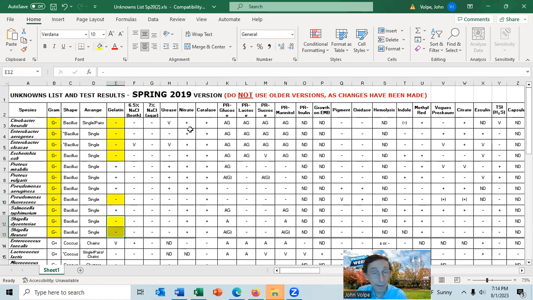And then if it's AG, acid gas, for PR lactose, it'll be narrowed to these 4 species. Okay, so that will narrow your possibilities quite a bit. Then you have to look at what the possibilities are, and it's actually just these 4 species, if this is the case. And then you pick a test for